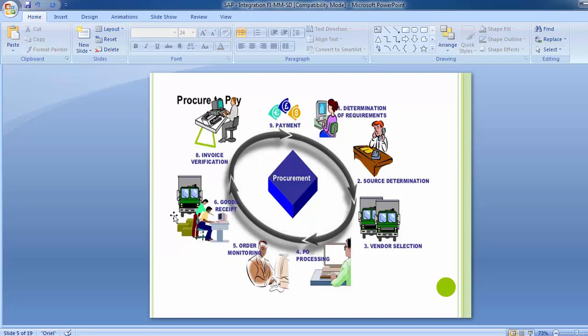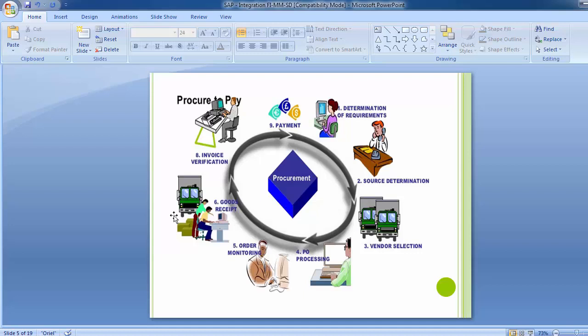Once the goods have been received, the last part that comes up is the invoice verification. After receiving the goods, you move on to the invoice verification, where a three-way invoice verification is done. One is that you have raised the purchase order.